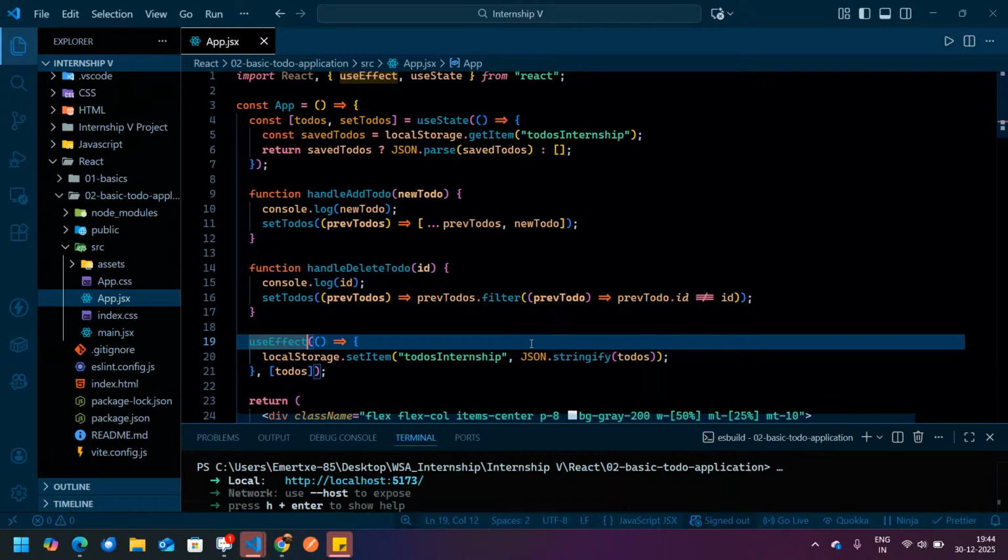That's why we have used json.stringify, which is converting the object into JSON, and then we have used json.parse, which is converting the JSON into an object.